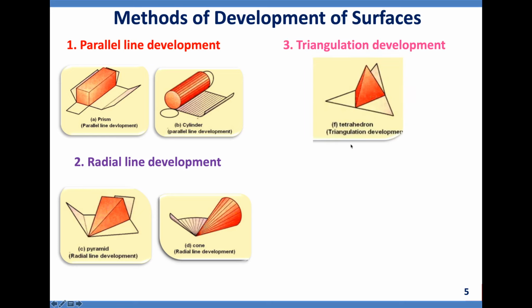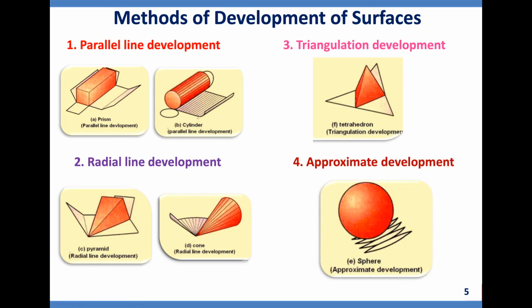Triangulation development is adopted for a tetrahedron. Approximate development, an example is a sphere. Since it is a complete circular thing, we adopt the approximate development method. After knowing different methods of development of surfaces,